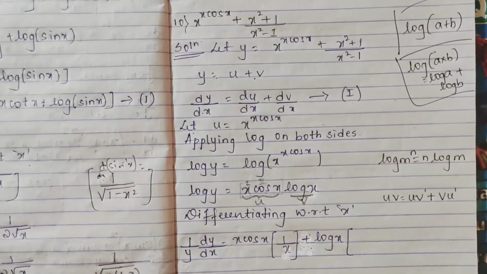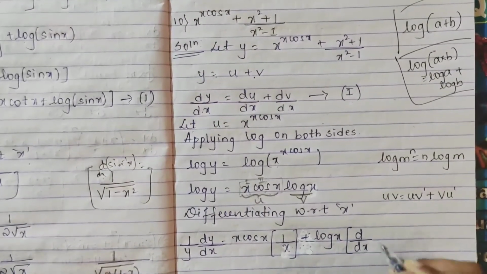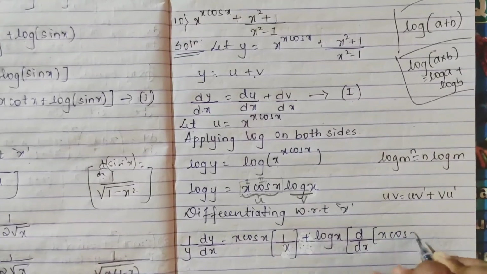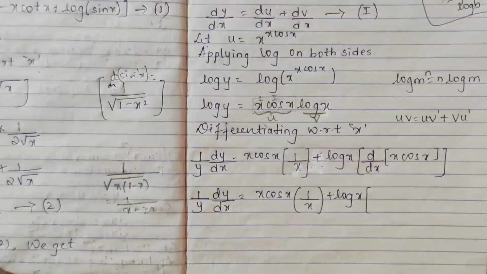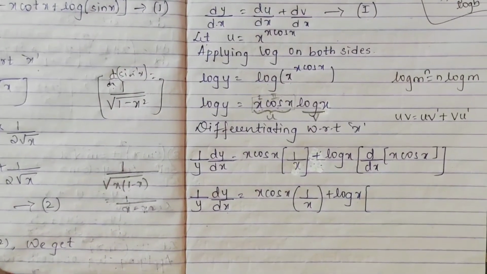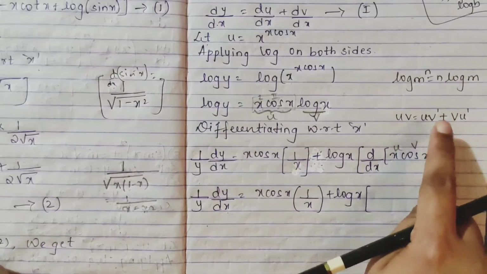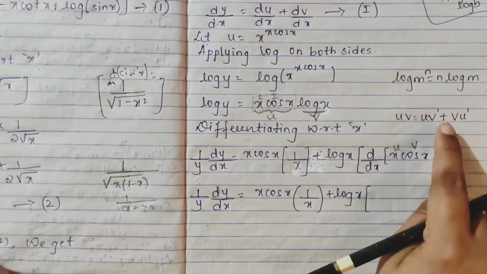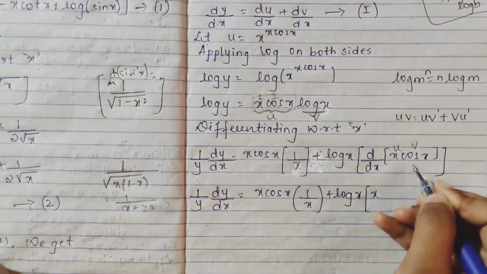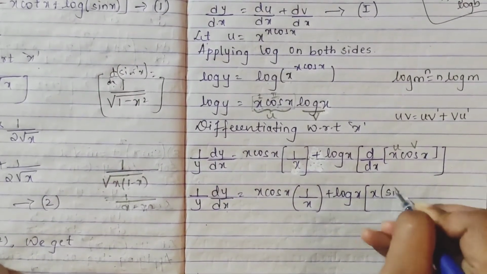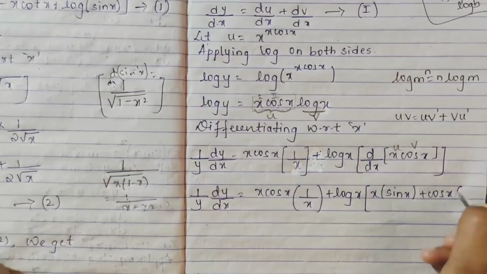Yes, again in the same way, if you want, I will write it as d by dx of x cos x, so that it will be easier if you are not understanding. So differentiate this, here this is again uv, our rule is what, keeping your u, differentiating your v, plus keeping your v, differentiating your u. So x keeping, differentiation of cos x is minus sin x, plus keep your cos x as it is, differentiating your x is what, 1.